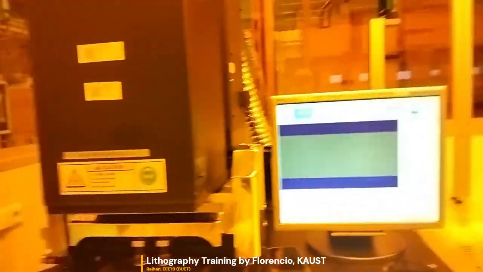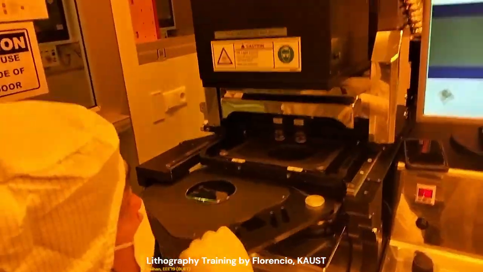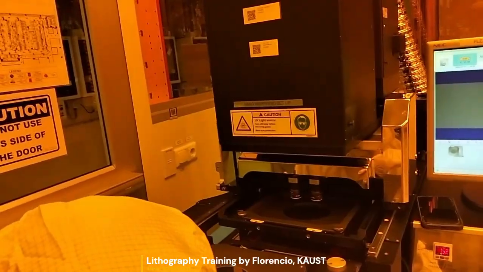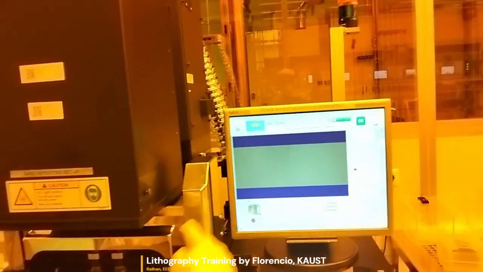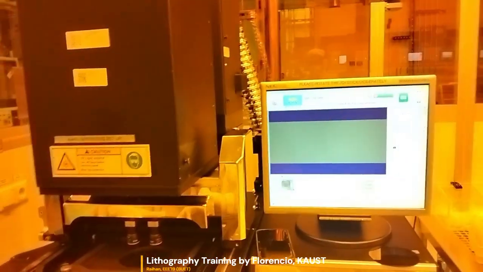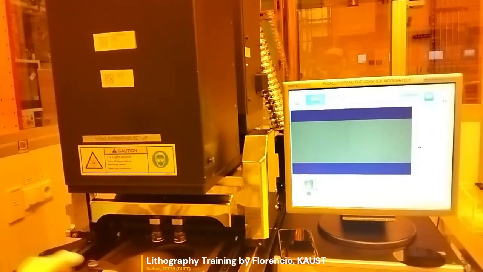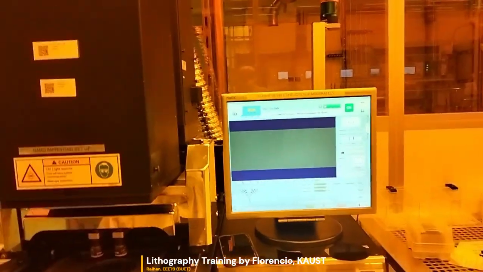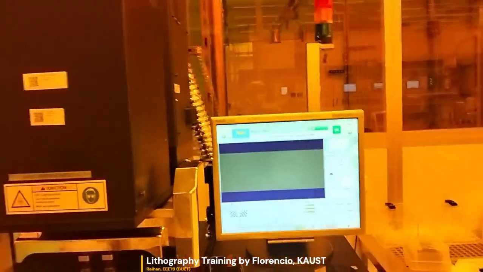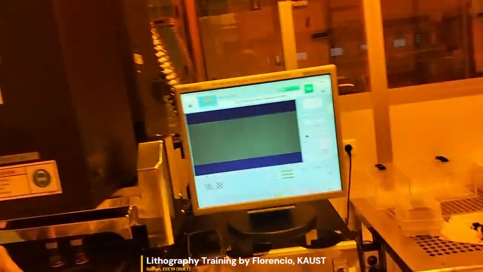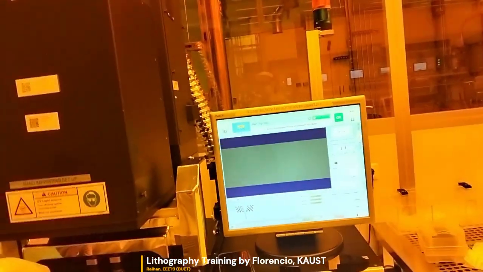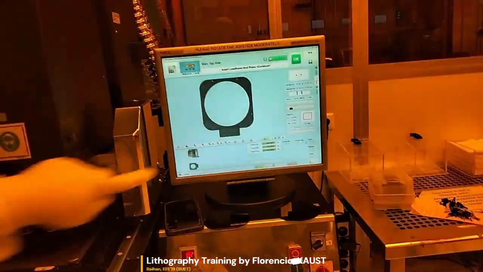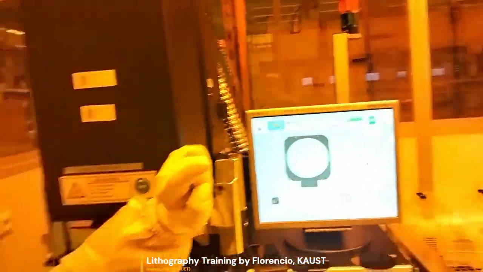So move out the tray. I remove my substrate. I'm just following the instruction. See, remove. Continue. And it's done already. Then when you're done, you have to remove your mask. When you want to remove your mask, you just click exit and follow the instruction again. Insert the load frame.